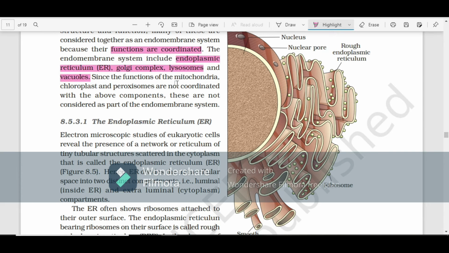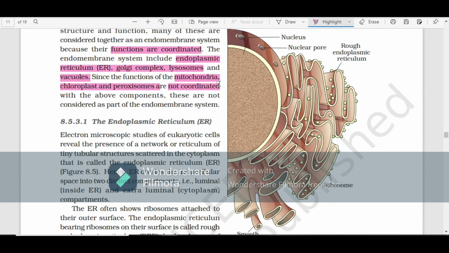Okay, why not the mitochondria, chloroplast, peroxisomes? We have other organelles too, but they aren't a part of this because their functions are not coordinated. Simple reason: if your functions are coordinated, you become a part of the endomembrane system. If it's not coordinated, it won't be a component of it. Okay. Now,